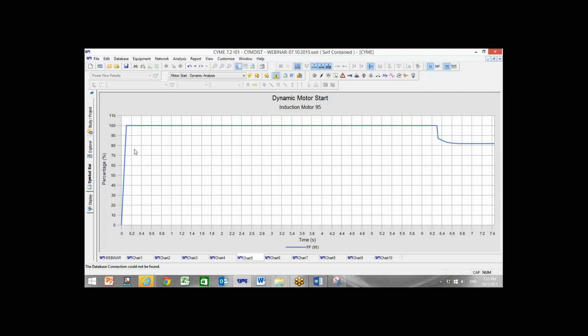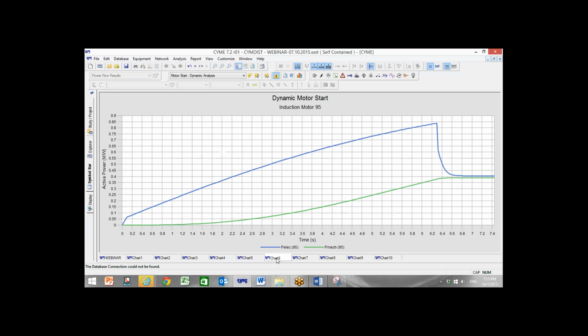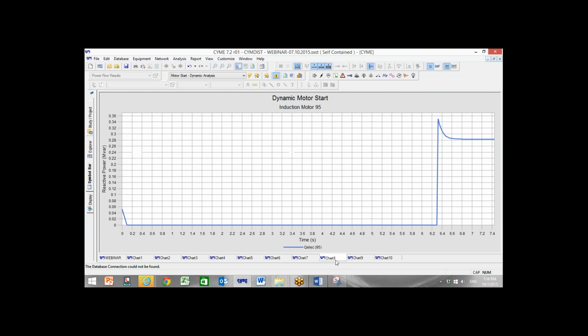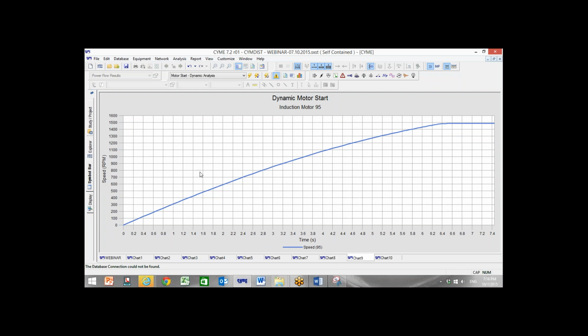This is the power factor, the starting power factor, and then at the end running. This is the active power of the motor, and at the end this is the active power, and electrical and mechanical power for the induction motor, and this is current. So it's a starting current of something like 1150, and then the running current is something like 70 ampere, and then this is reactive power, and this is